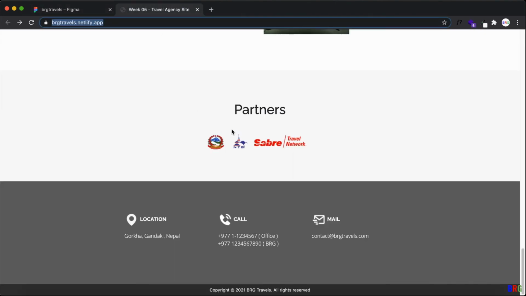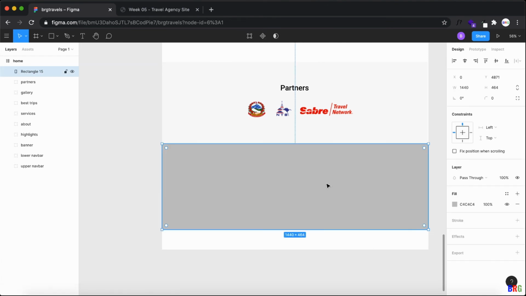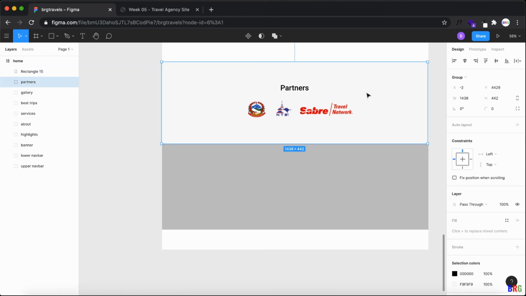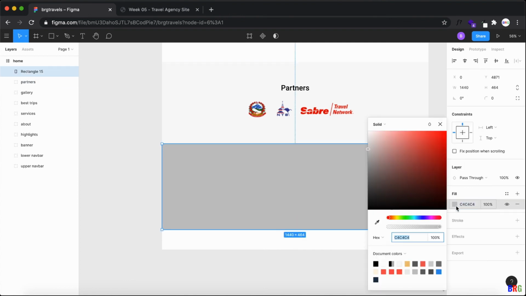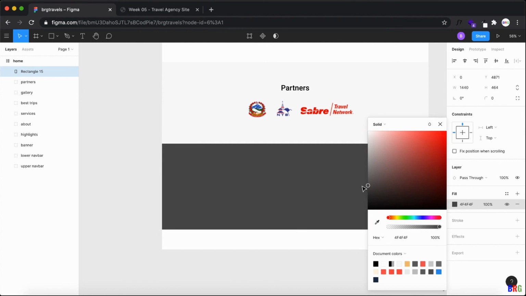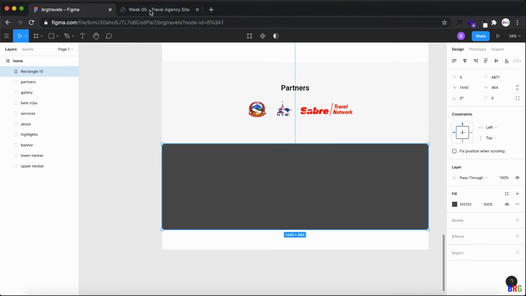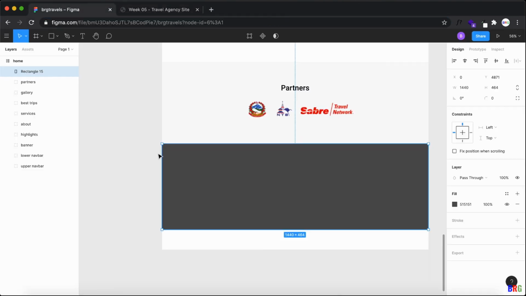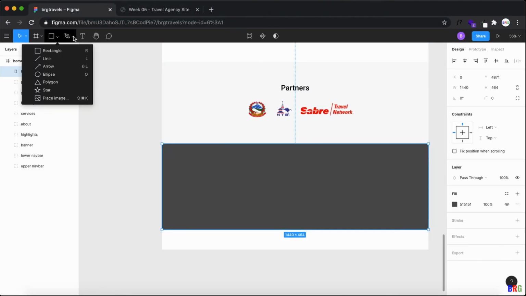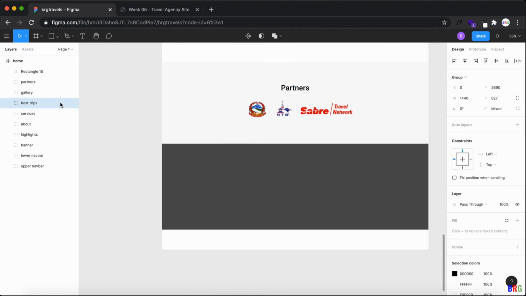And then this part, let me give this a bit darkish, 5.51. Now we have location, and then call and email.